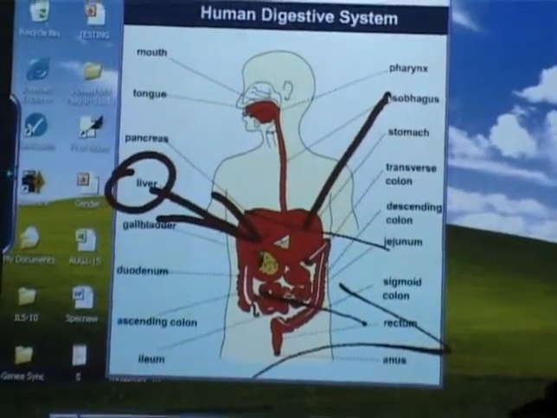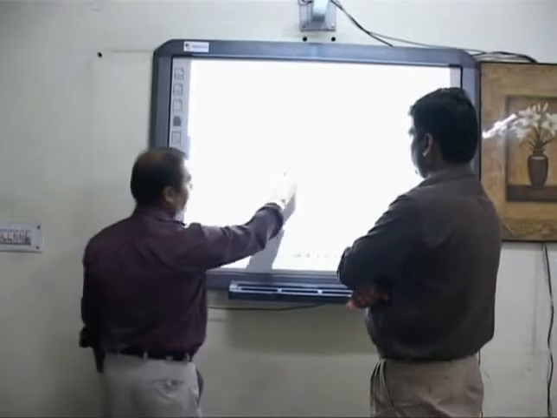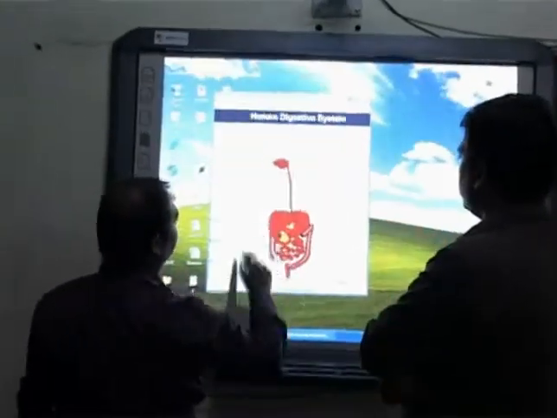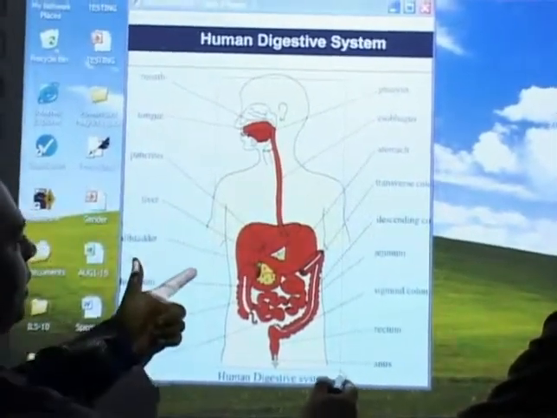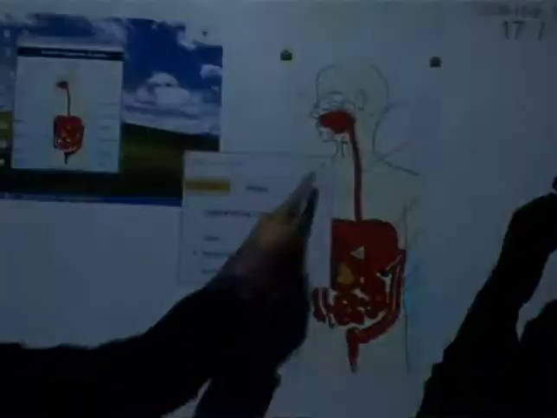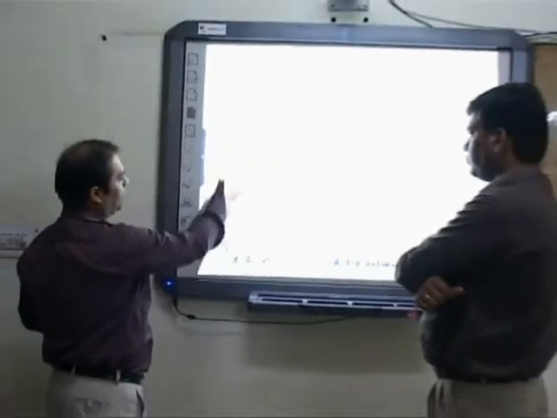Not only this, but in the whiteboard application there is another option. Suppose you want to cut some images from the background, then there is an option, the image capture feature. If you are running an Internet Explorer file or an image file, then we have this feature called image capturing.